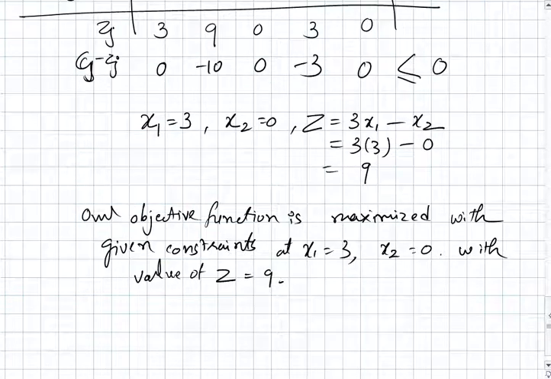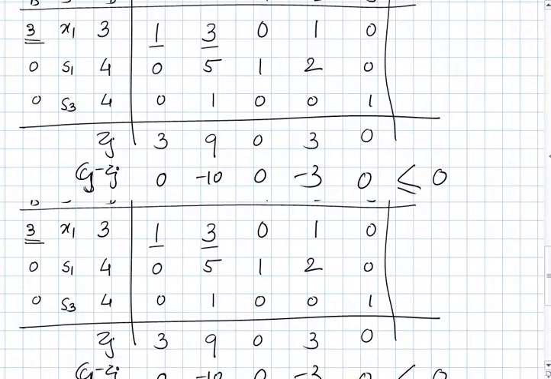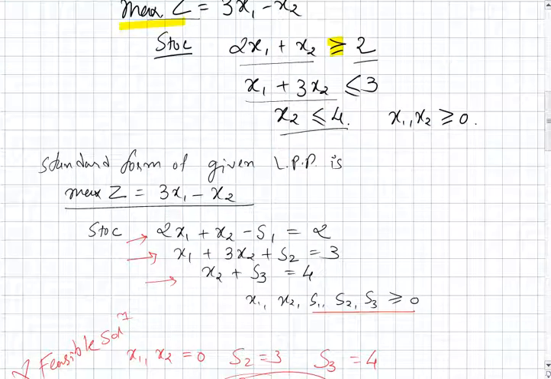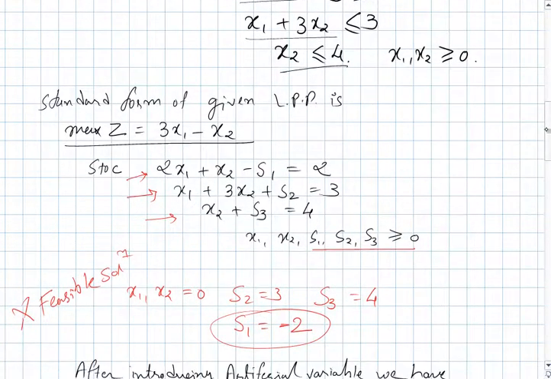So we have seen today that whenever we are having constraints of the greater than or equals to type, after converting it to the standard form, we reach the situation with minus s1 equals to some positive quantity. So at the end we are having s1 as a negative quantity, and we are not able to start the